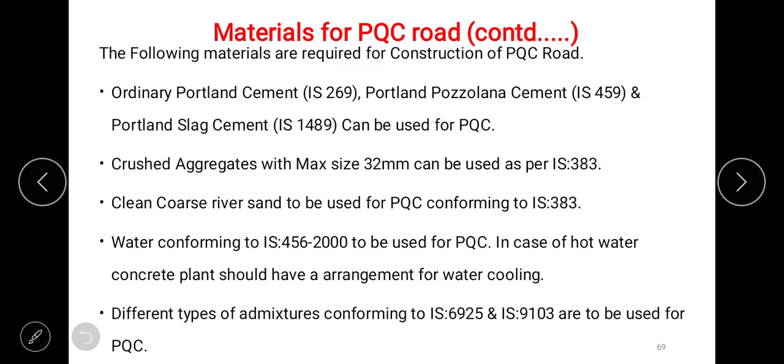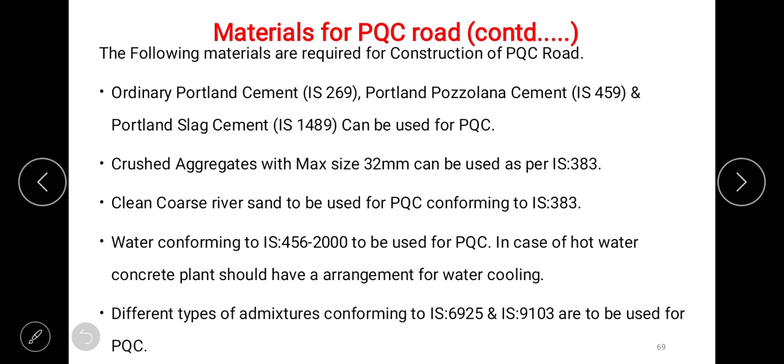Materials required. Ordinary Portland cement IS 269, Portland Pozzolana cement IS 1489 as per the specification, and Portland slag cement if we use, it should conform to IS 455, may be used for PQC.